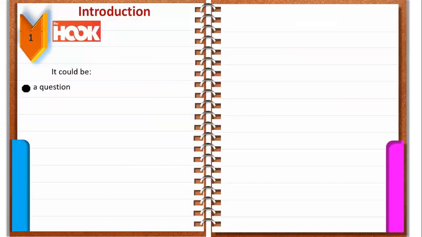Yes, you must keep in your mind, my dear students, your introduction must include a hook. A hook here means the most attractive sentence to attract the readers to complete your report. Yes, your hook here, your attractive sentence, is like a piece of food that the fisherman puts on the hook to catch fish. Okay?